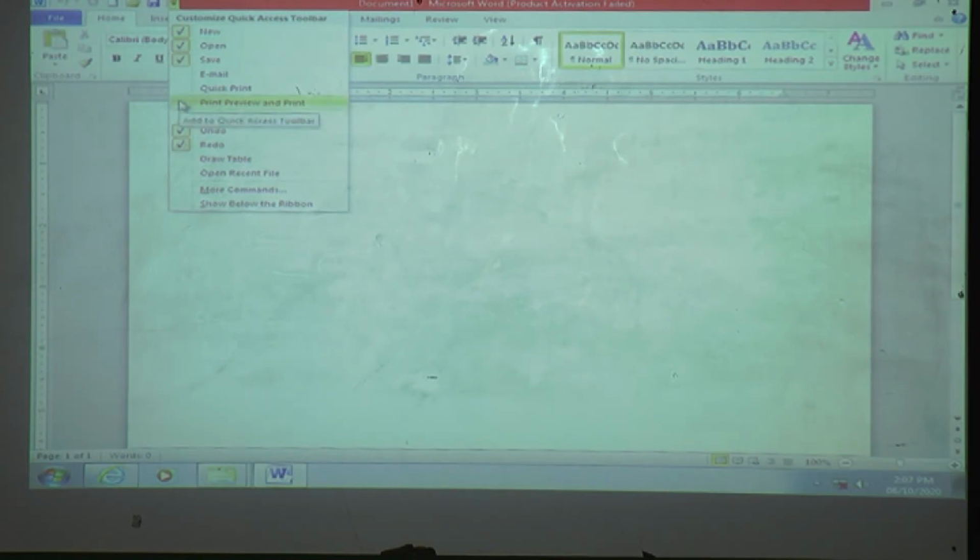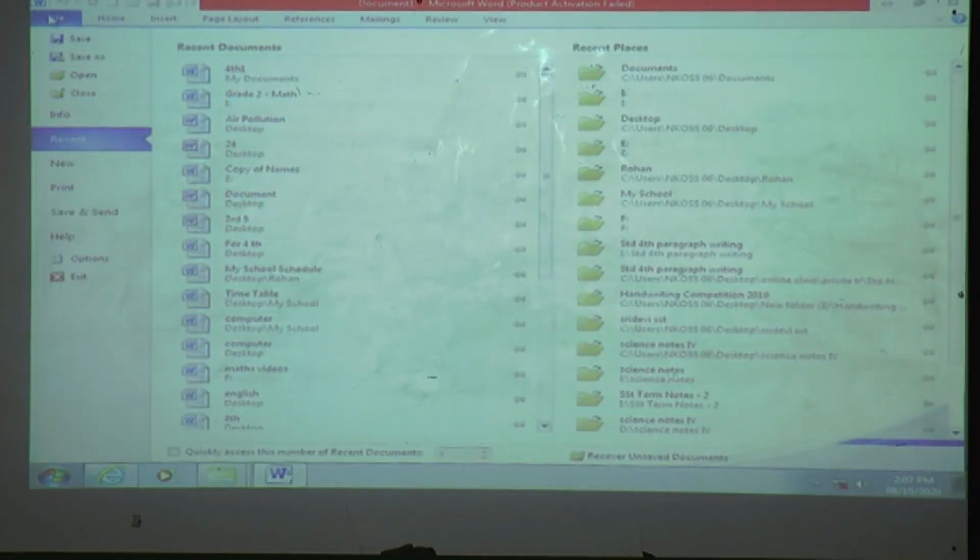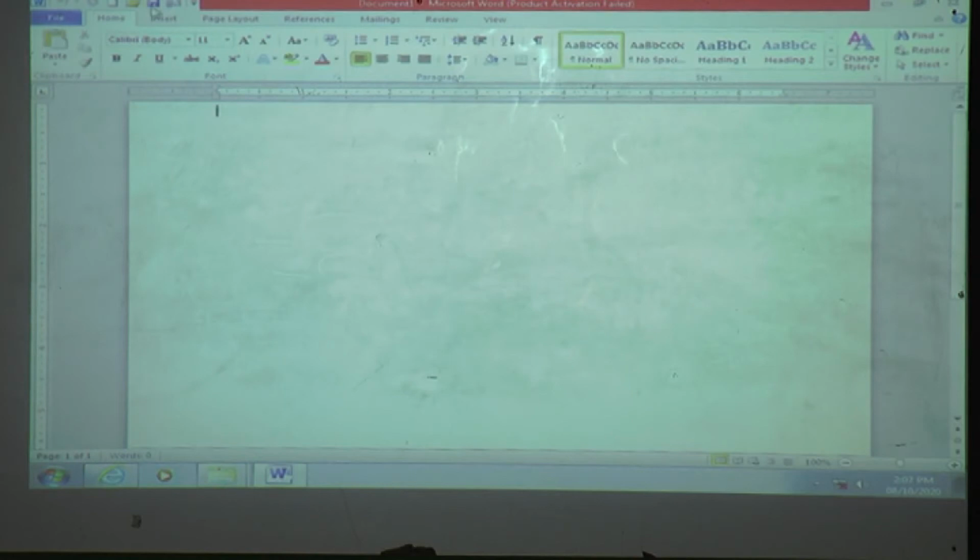Suppose we want to add the email, then how to add this? Firstly click here, and then which click? Only a single click of the left button. Then you can see this is the symbol of email. Means instead of going in file, we can do it directly here. For saving, if you want to save this file, then we must go in file and then save it. But instead of going in file, directly by using this shortcut we can save the file. We can open an already existing file, we can take a new file, we can do undo, we can do redo.